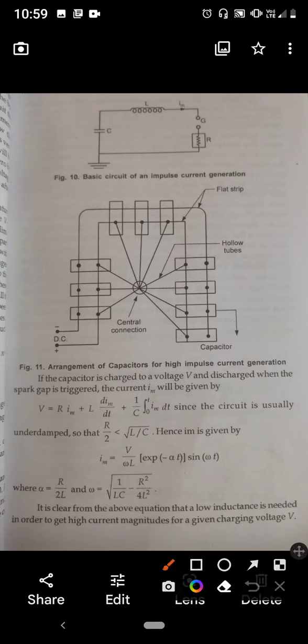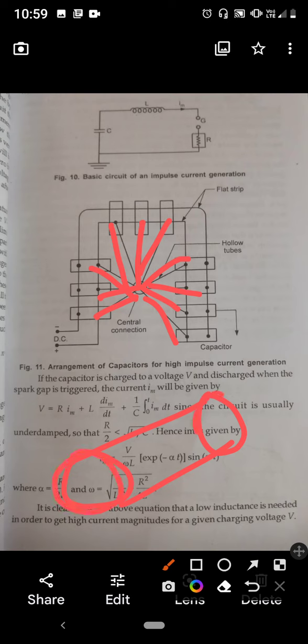And now, you are looking in the figure, all the capacitors are connected through the mentioned wire. Generally it is not a wire, it is hollow tubes. They act as an air core inductor. If you have knowledge of basic electrical engineering, then you definitely know how we make an air core inductor. An air core inductor is made by hollow tubes. So hollow tubes are used in the circuit for making the inductor.